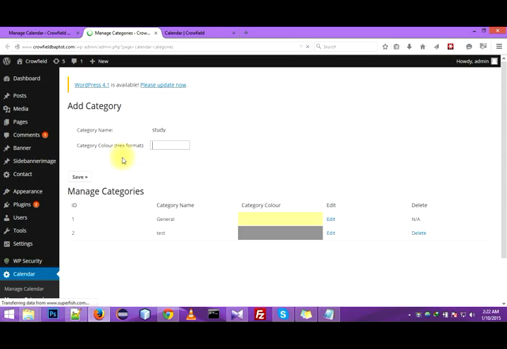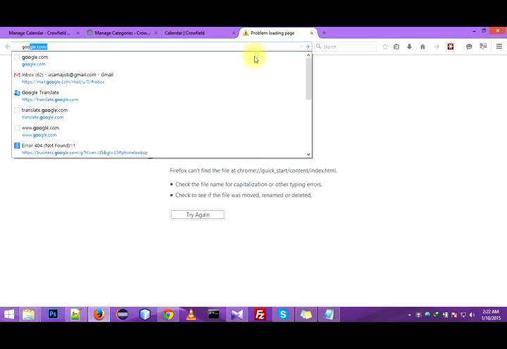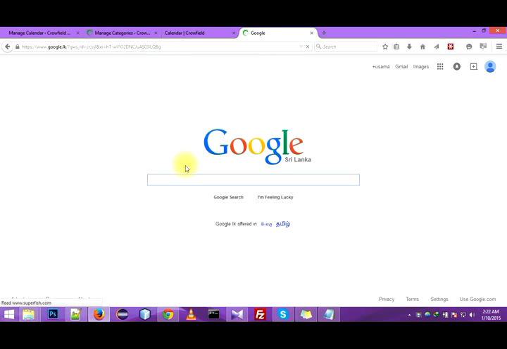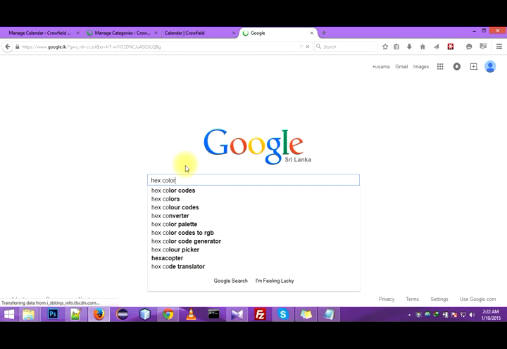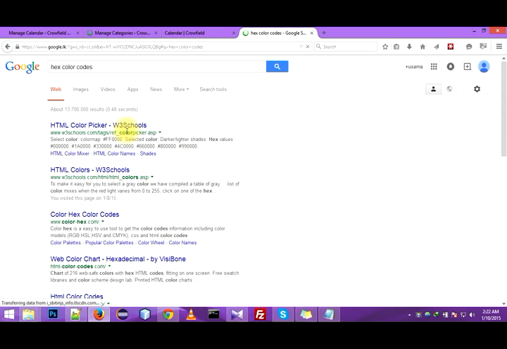If I need to give a color to this category, I need to select a color in hexadecimal. So I'm going to Google to find a hexadecimal color range. Google.com. Just type color codes. Click enter. You can see there are so many websites for hexadecimal color codes. I'm picking the first one in a new tab,